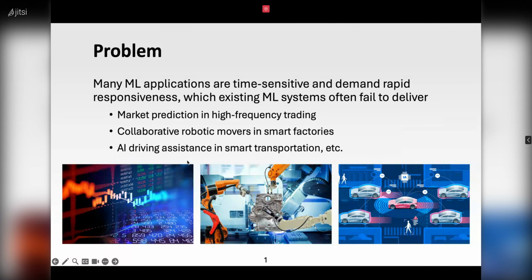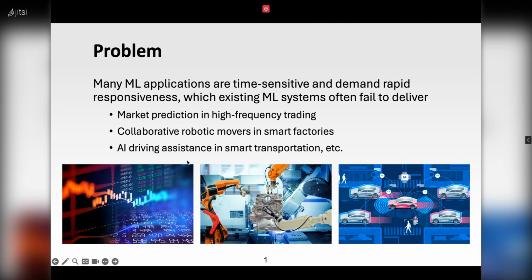For the problem, in-network machine learning can play a very important role in ultra-low latency scenarios across various critical domains. For example, in intelligent transportation systems, in-network machine learning can enable real-time traffic prediction, anomaly detection, and adaptive signal control by processing sensor and vehicle data directly within the network switches. It can reduce decision latency.